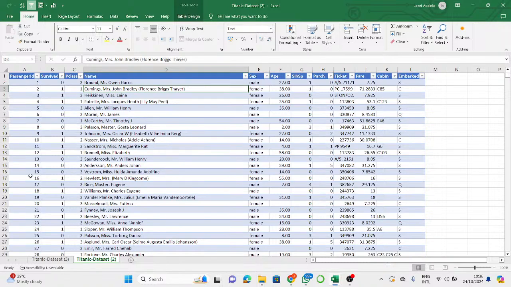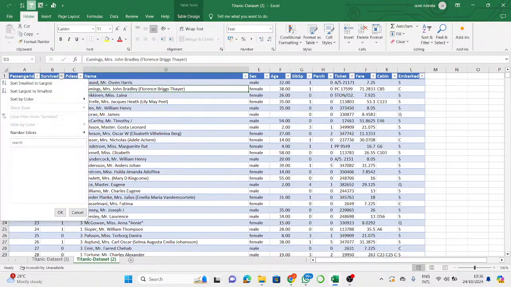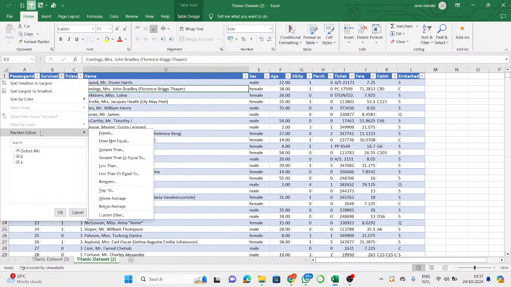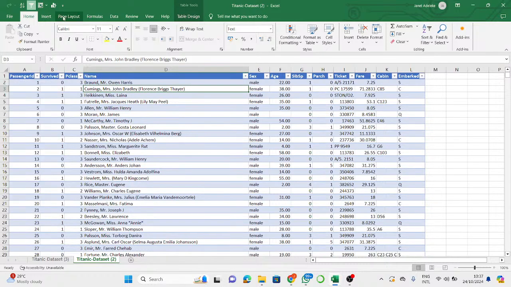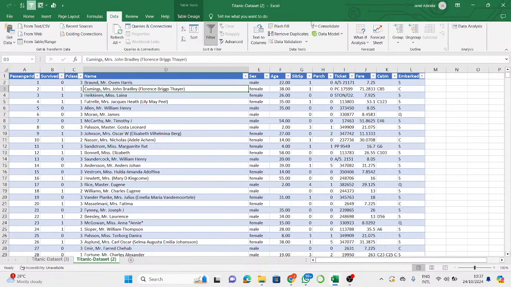This 1 2 3 4 5 is sorted in ascending order from the smallest to the largest. Then we have this 0 1 0 1. You can sort this one from the smallest to the largest. That's why it's very easy to use this filter button beside it. And if you want to go through the long way, you can check this Data tab and then use this Sort and Filter here, in case